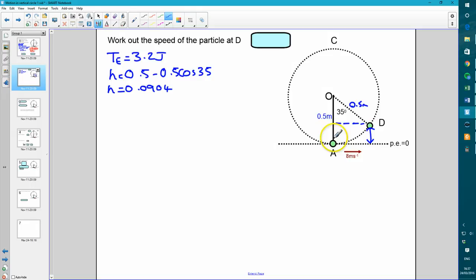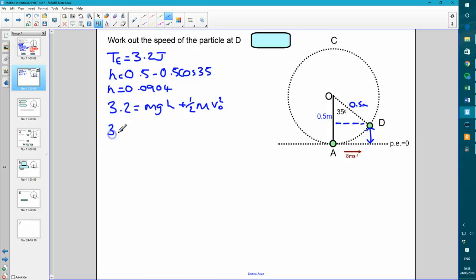Okay, so we now know what this height here is, and what we're now going to do is we're going to say that our total energy, so 3.2, is going to be equal to mgh plus a half mvd squared,